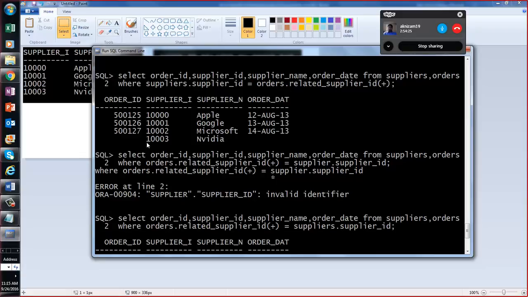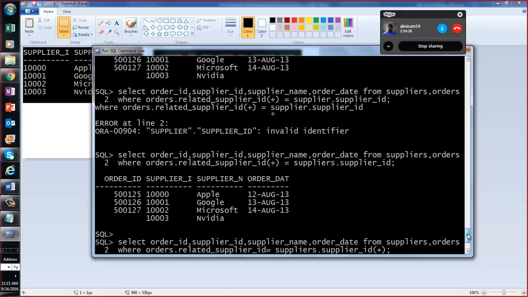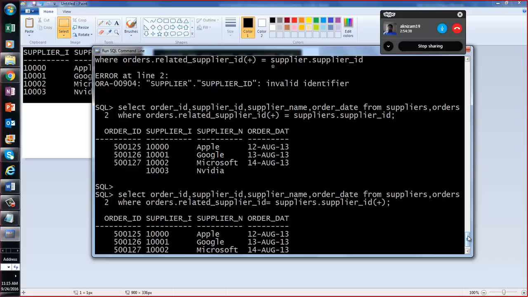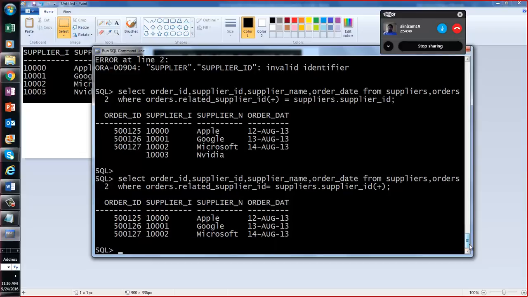Okay, guys, let me move forward now. We did a normal join with keyword and plus both. We did a normal join with keyword, but left join. Now we'll do a left join with keyword. Now, if you take a look here, I want to do a left join with